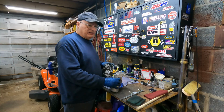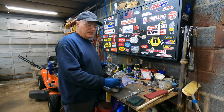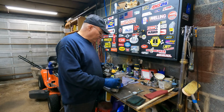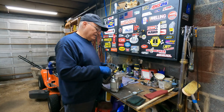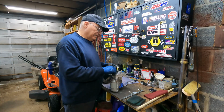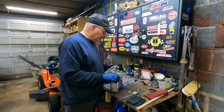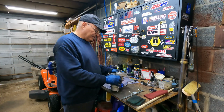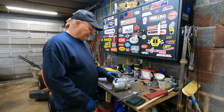So I shouldn't have to shim it, I hope. And if you noticed in the video, I didn't remove the bell housing cover. Didn't feel a need for it. If I do have to shim this, then I'll have to remove that cover and check this with the distance of the teeth and all that good stuff. So I guess the only thing to do is put this back in,